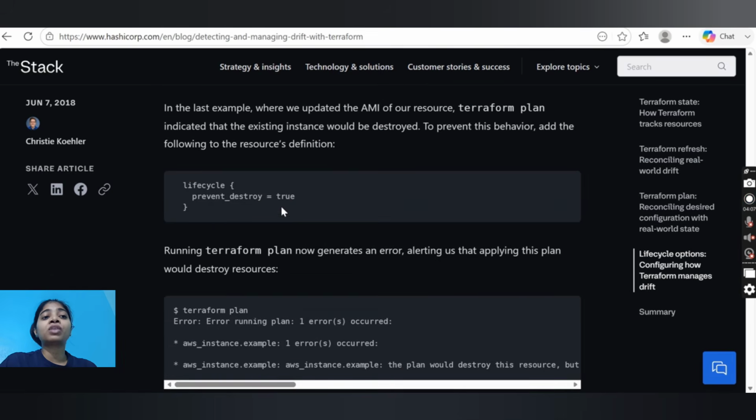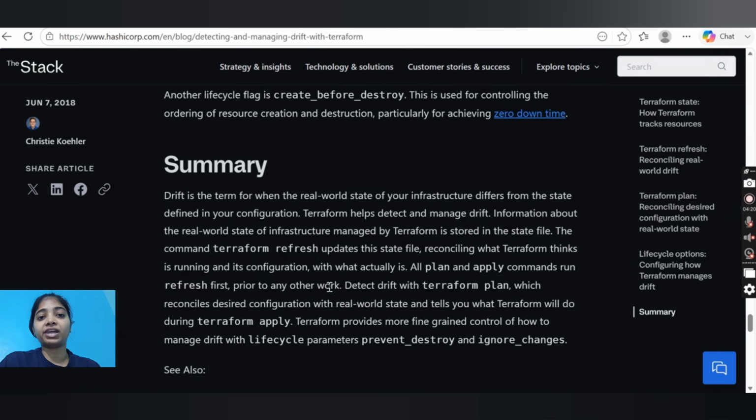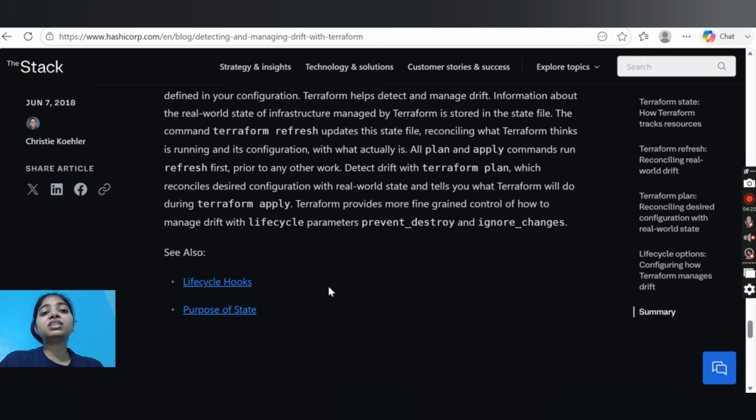So there are lifecycle options of prevent_destroy or ignore_changes that we can use, for example to ignore the AMI. In that case, whatever you are ignoring will not be considered and no changes will be detected. So this is the blog I was telling you about, so that you get a clear understanding of what Terraform drift is and how in some scenarios Terraform detects it, and I will paste this document in the description